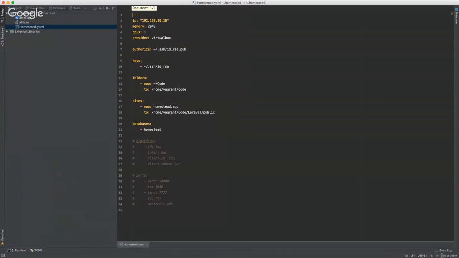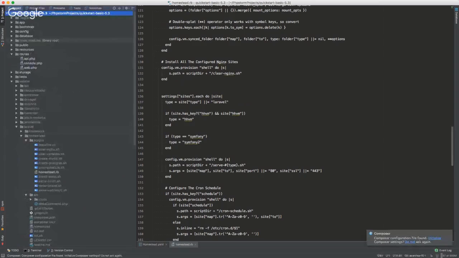So this is the global Homestead method, or the global way of using Homestead. There are two different ways. In this method, we expect that you're going to be mapping multiple projects, and you're going to have one version of Homestead running on your machine at all times. This is a perfectly fine way of running Homestead. There's nothing wrong at all with doing it this way. What I traditionally like to do is run Homestead per project. So if we look at a project that I have,